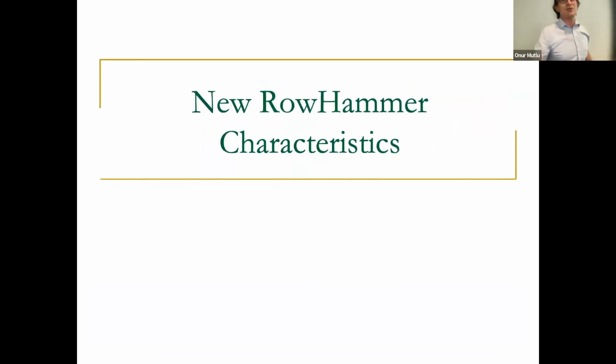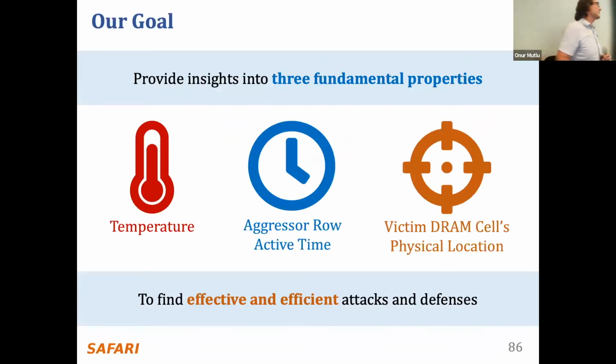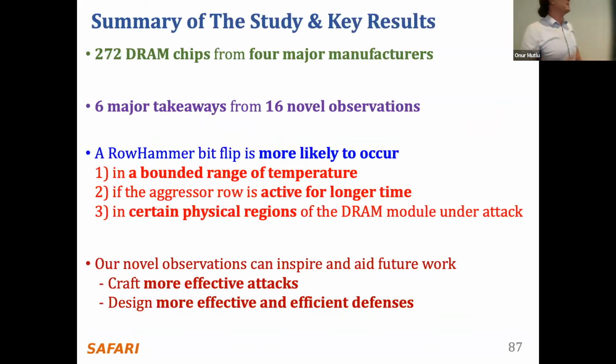We also studied new RowHammer characteristics. There are many dimensions over here. Understanding this problem is actually quite fascinating, I think. We wanted to understand the relationship with temperature, aggressor row active time, and spatial locality of the errors, like victim cells' physical location. And we found out some interesting things with our study. We found out that there's no easy relationship between RowHammer vulnerability and temperature. Different cells have different vulnerability. This is very different from retention. This is very different from what I'm going to show you later also.